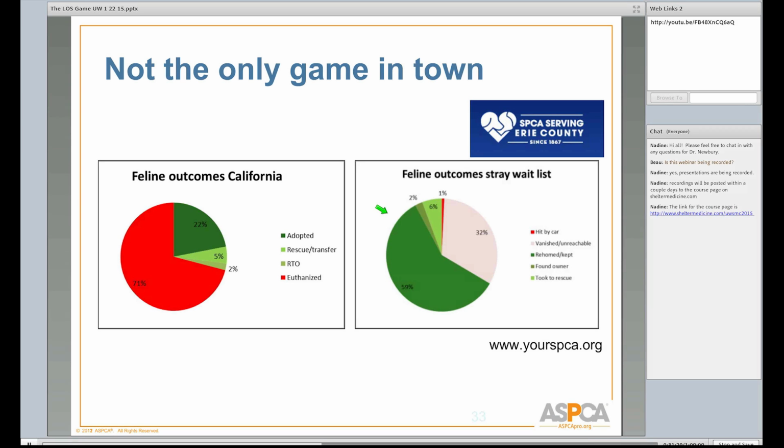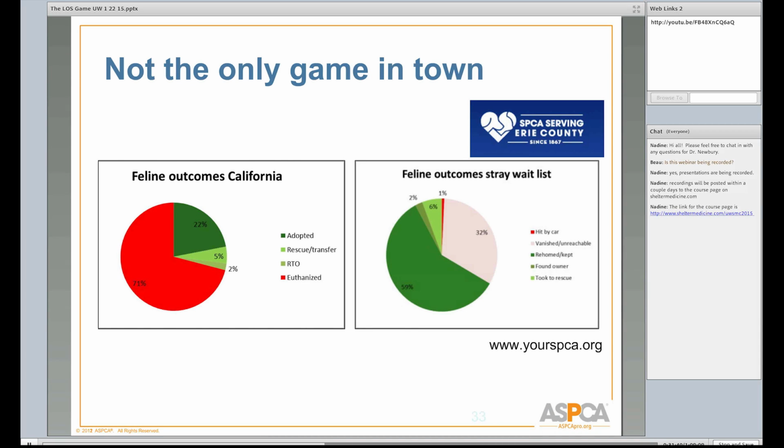So actually managing their intake didn't lead to more negative outcomes. It led to enormously more positive outcomes. And the fear had been, well, we're the only game in town. If we don't take these animals, something terrible will happen to them. And it turns out, no, that's actually really not true.